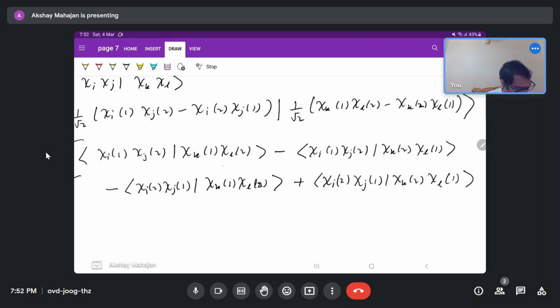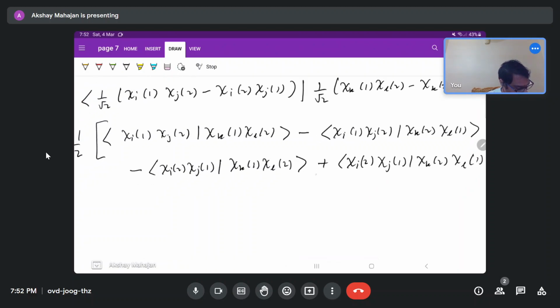k2 chi k1 chi L2 minus chi I1 chi j2 plus chi k2 chi L1 minus chi I2 chi j1 chi k1 chi L2 plus chi I2 chi j1 chi k2 chi L1. Alright,